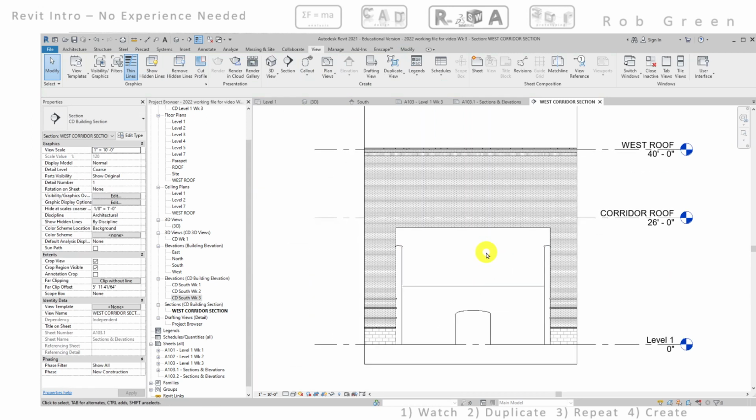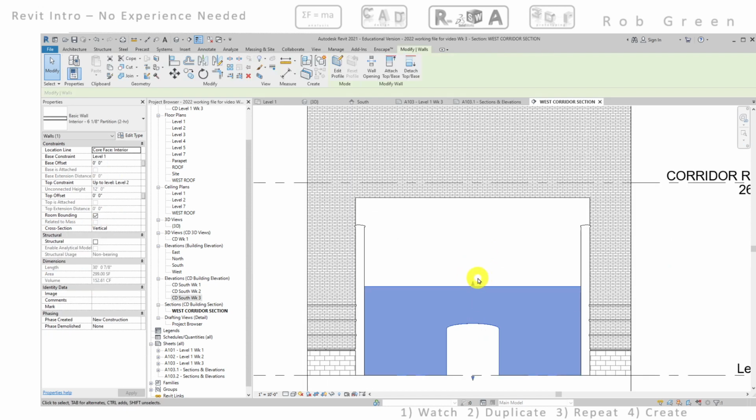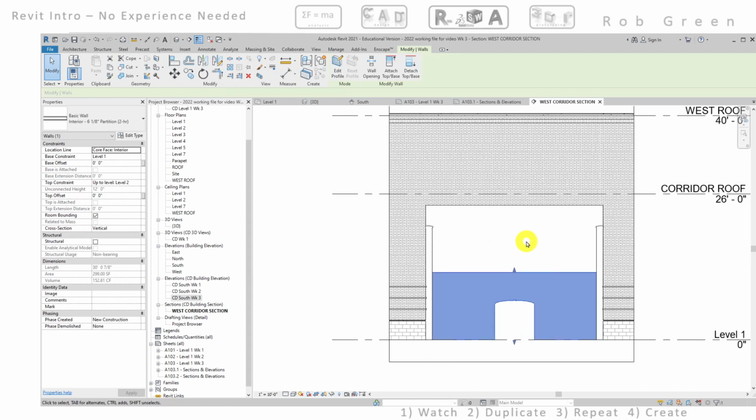Okay, so the next thing we need to do is adjust this wall, and I could edit the profile, or I know I want this wall to come all the way up to and meet right here. And what's interesting is, notice, this wall says up to level 2. I am going to make it unconnected, and then I'm simply going to drag it up till I get a nice snap, and